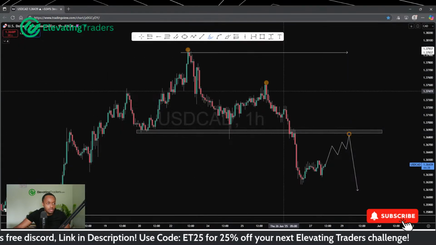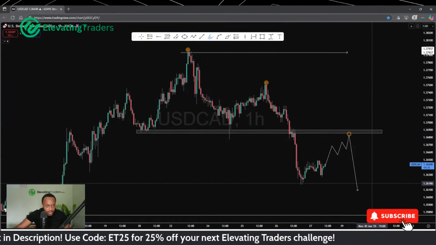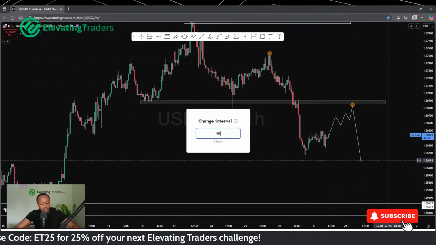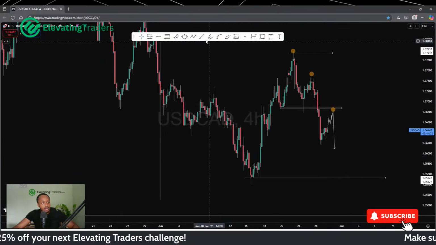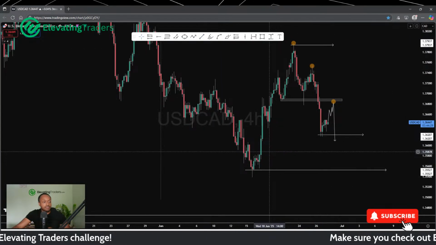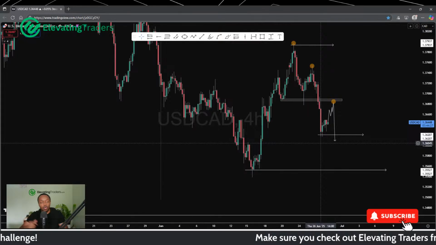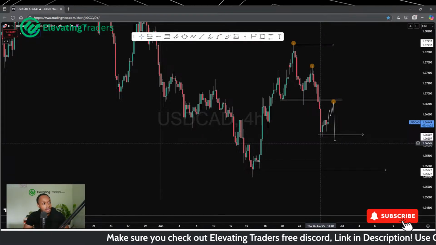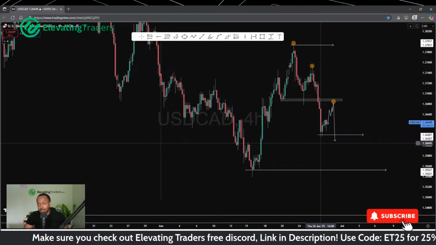We've got 1, 2, potentially a third, and of course if that does hold, we could probably see a swing at least back to the low, but more importantly, back into this low. So I think the risk to reward on this position makes a lot of sense, and we could see a lot more downside. So yeah, dollar CAD, I like the sells with dollar CAD.